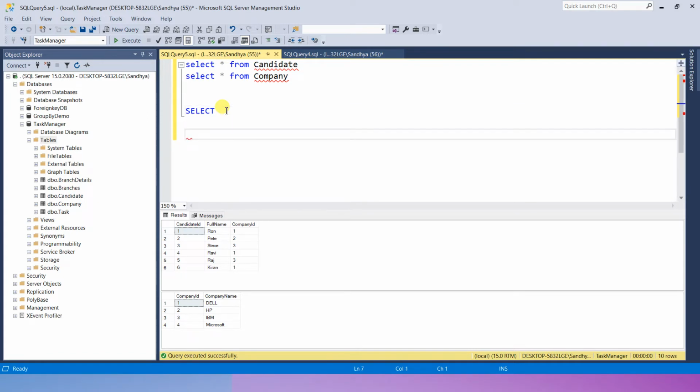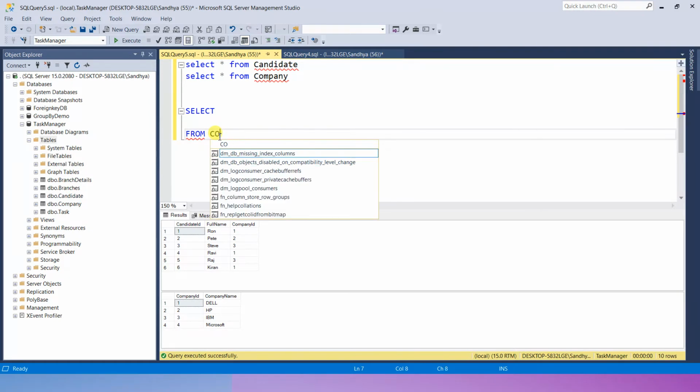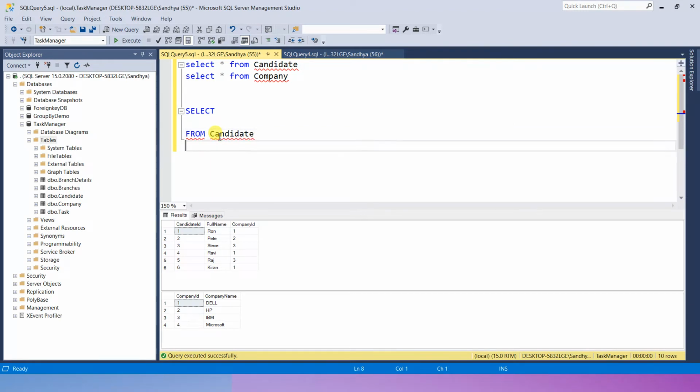First I am not mentioning the column names, just select star from candidate, then the join type with the left table, and now I will mention the right table. Simple.